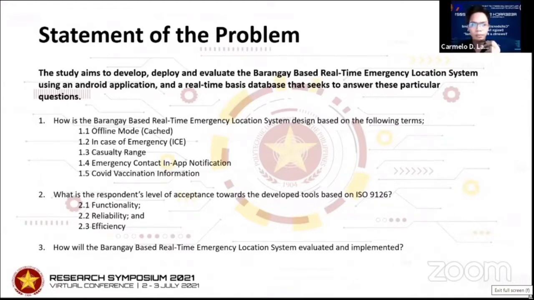Offline mode, in case of emergency, casualty range, emergency contact, in-app notification, COVID vaccination information. Number two, what is the respondents' level of acceptance towards the developed tools based on ISO 9126? Functionality, reliability, and efficiency. Number three, how will the barangay-based real-time emergency location system be evaluated and implemented?